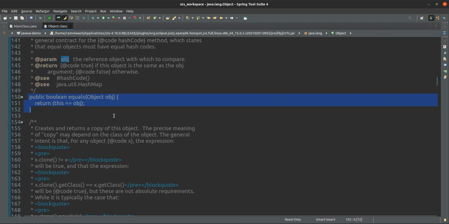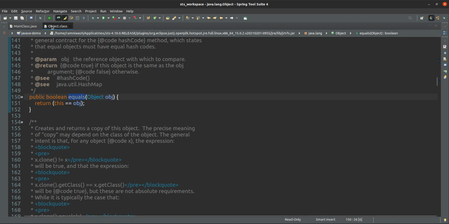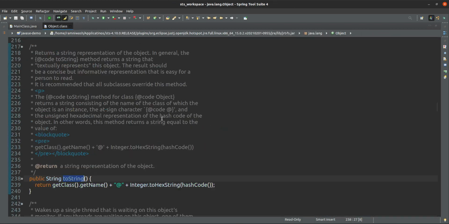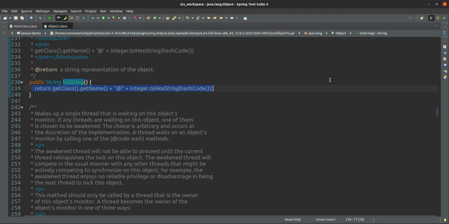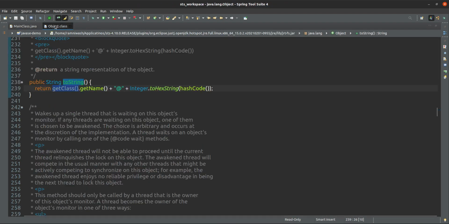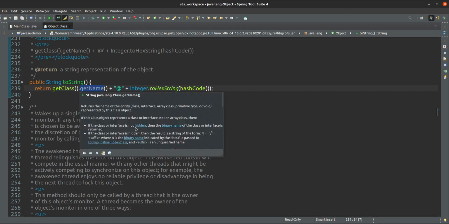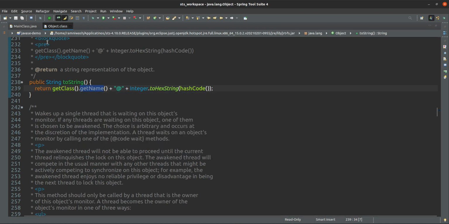We can see the code here. This is the meaning of open source. Open source means I can see what exactly the implementation is for this equals method. In the same way, what is the implementation of toString? Yes, I can see. See, this is the implementation of toString. Very easy. What exactly is toString giving? getClass. You know what getClass is, because getClass is this method only. So this is calling the getClass method, and after that, getName. It will get the class name.